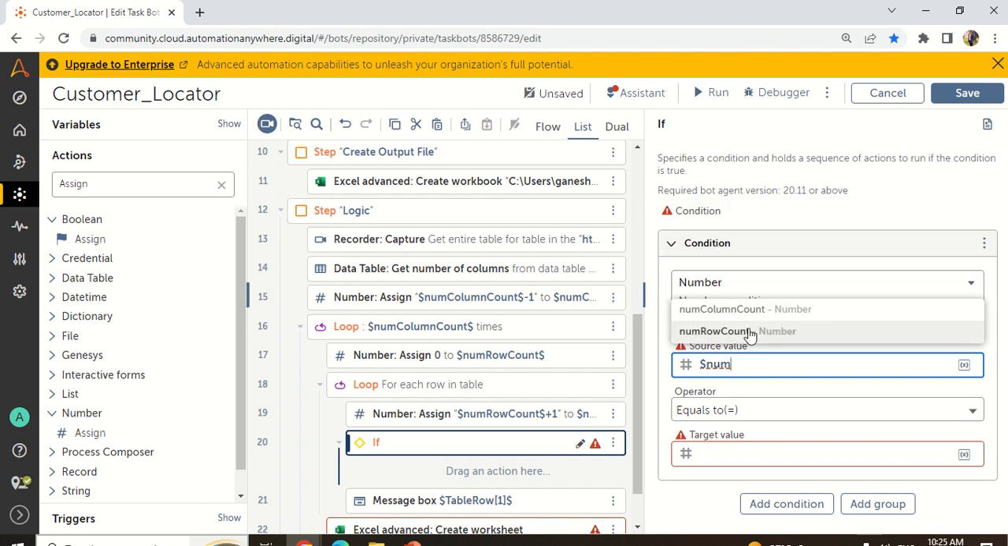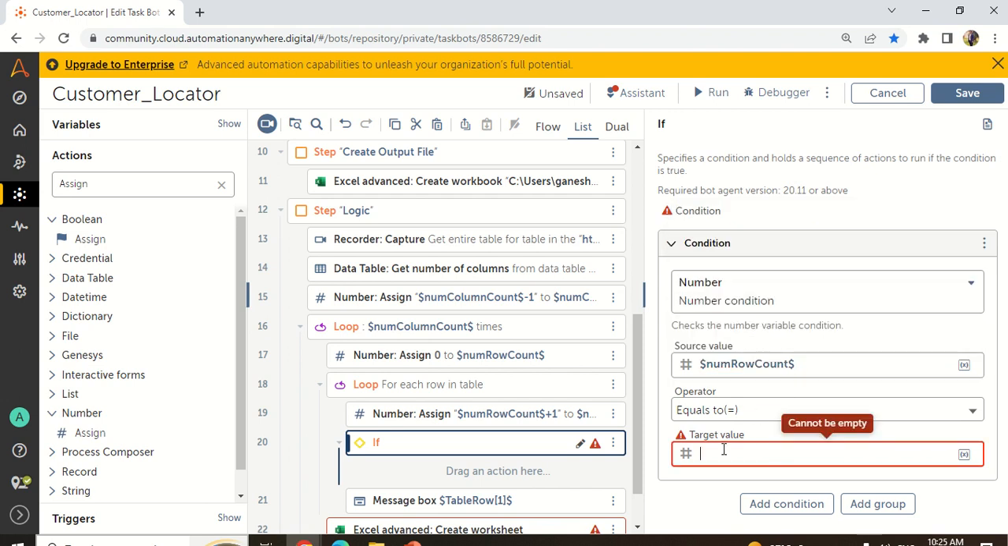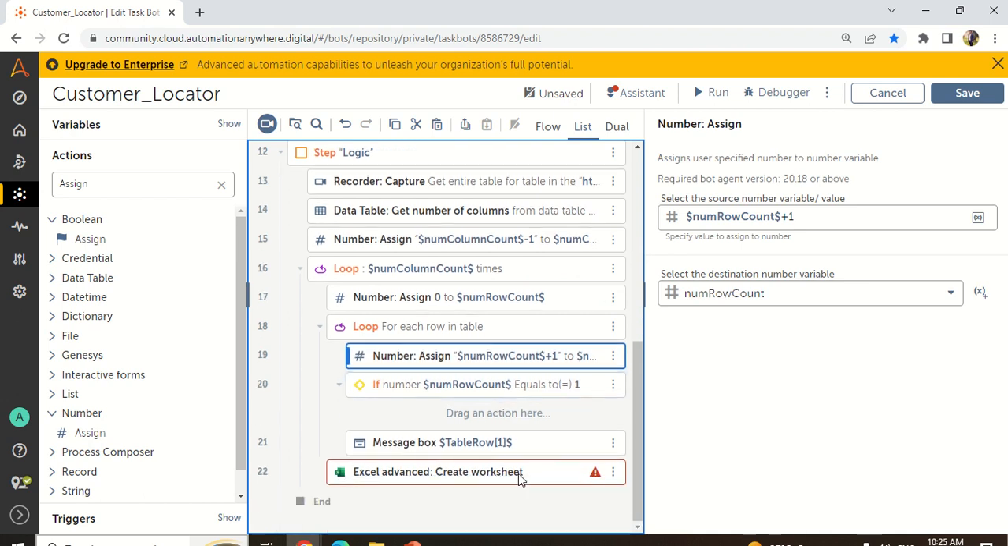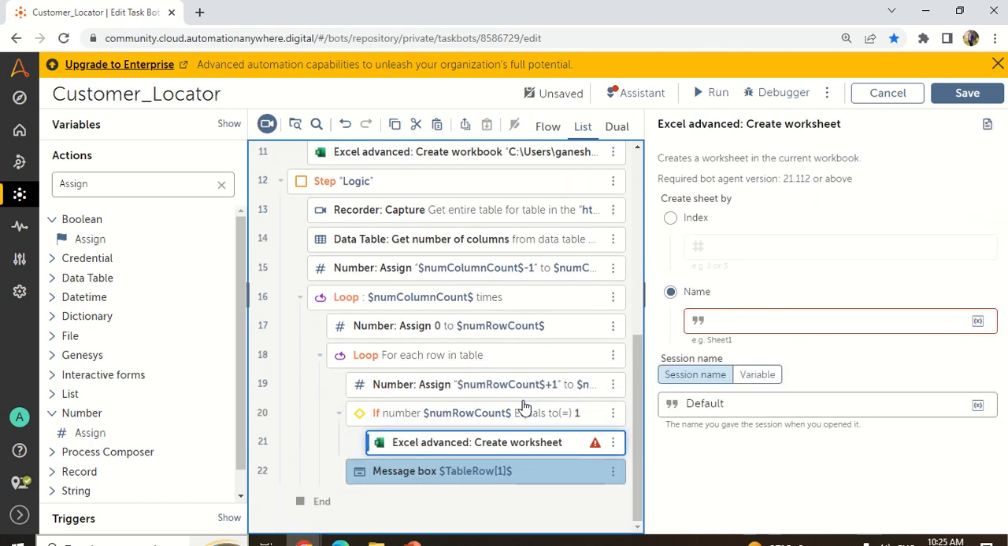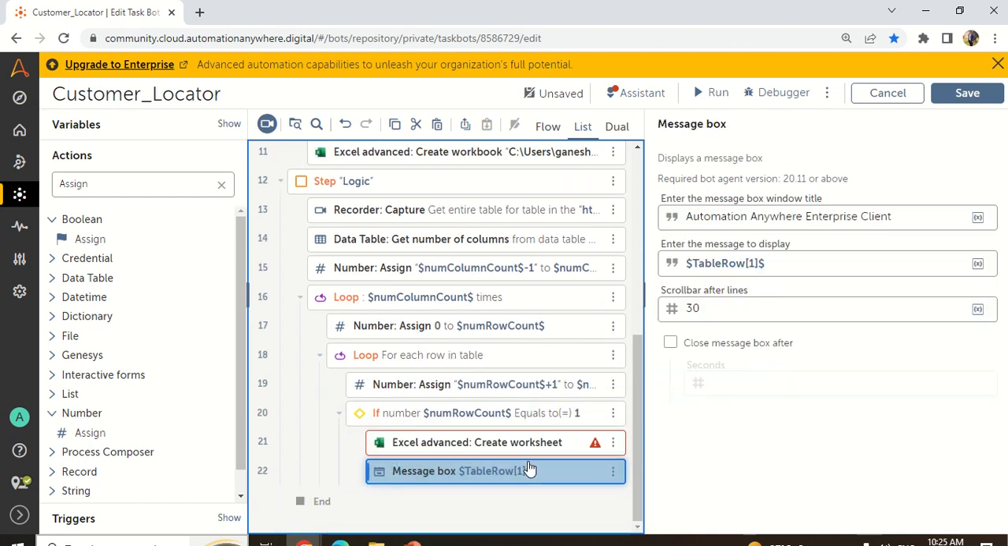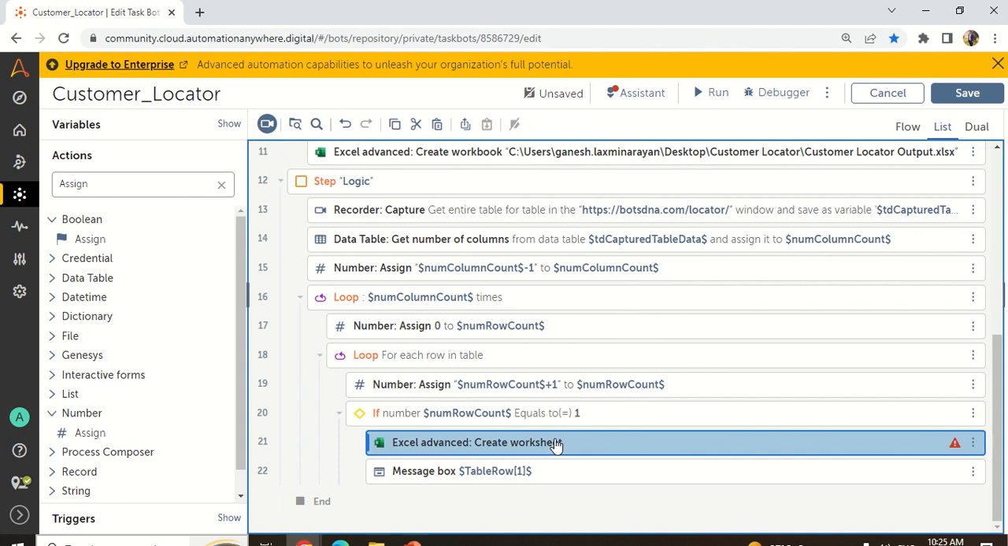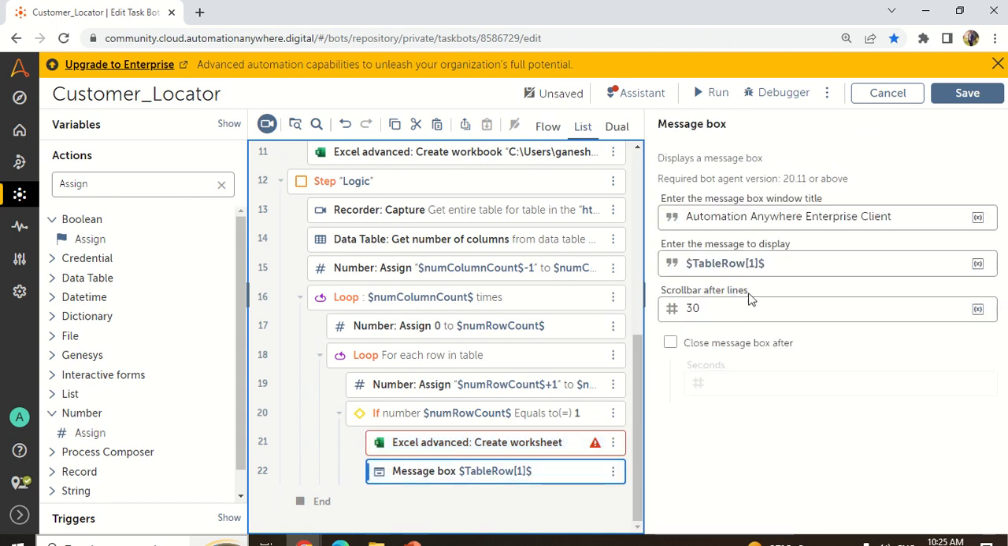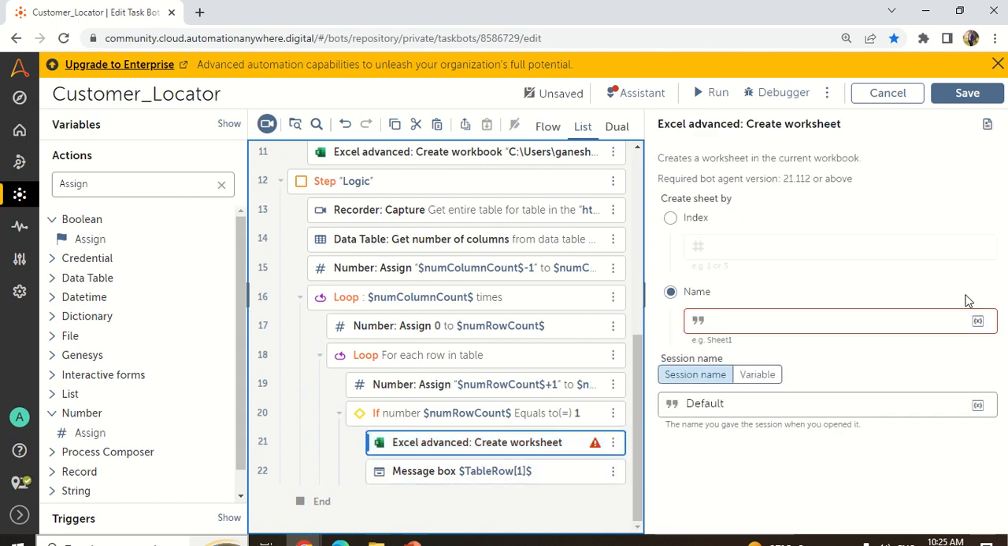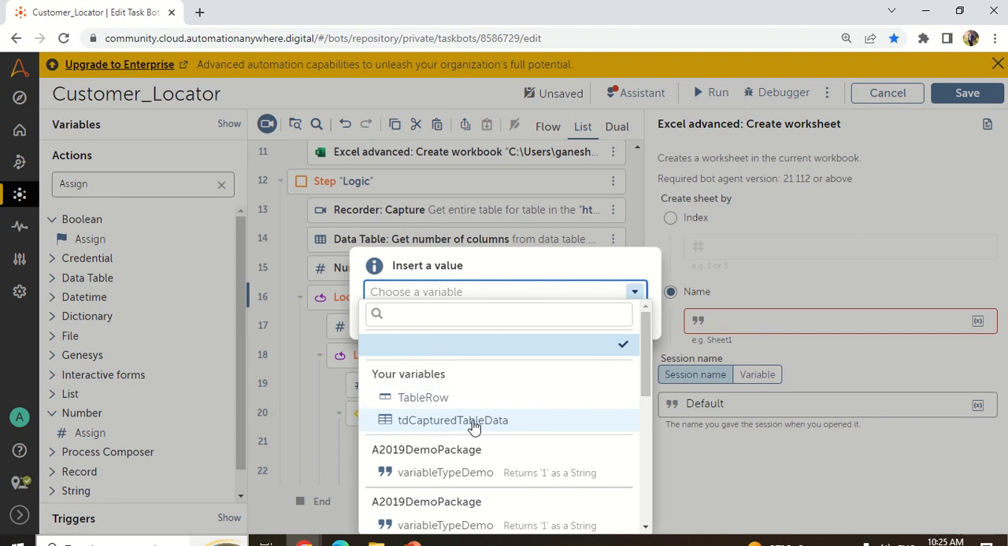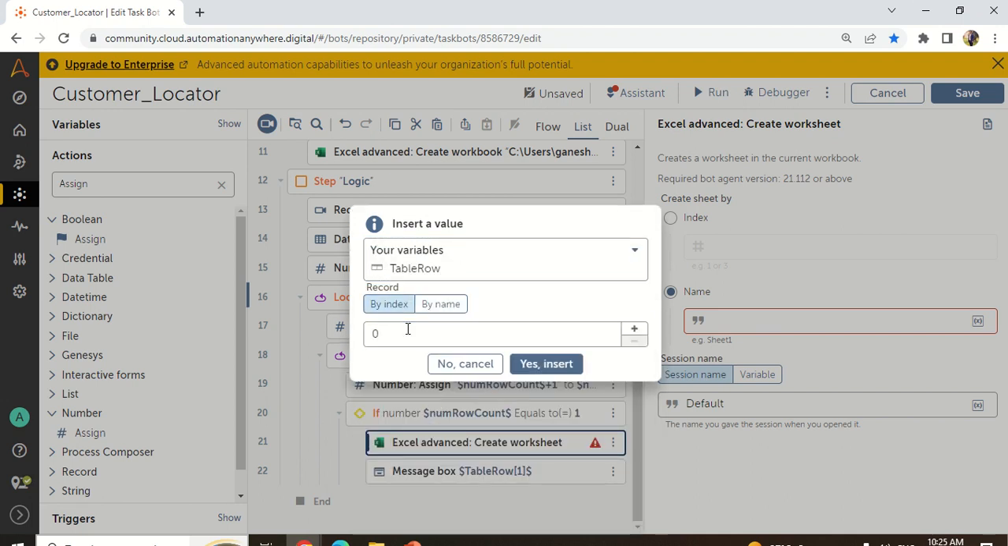Okay, number row count equals 1. When it equals 1, then I need to create a worksheet. I will just take a worksheet like this. And what is the name of the worksheet? Very simple. Take it as table row. And in the table row, which index? Your counter index. For that particular purpose, as of now I will take it as 0,